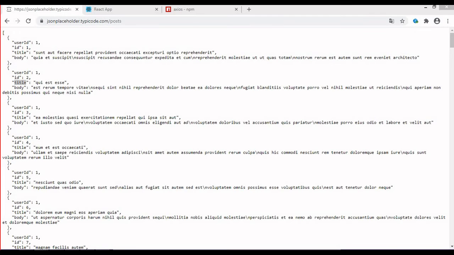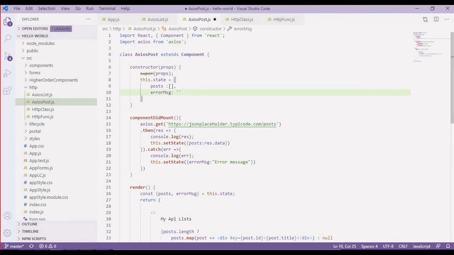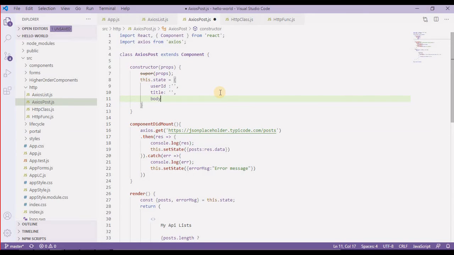Now let's go back to our code, and here I'm going to have some state like userId, which is for the moment an empty string, then title, which is again an empty string, and then body, which is again an empty string.